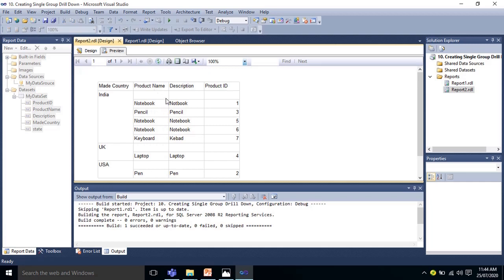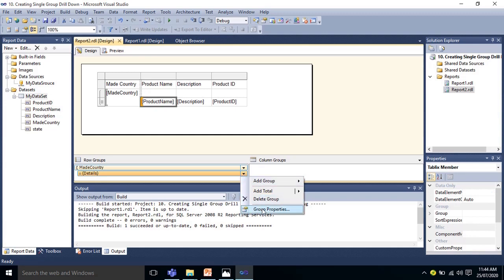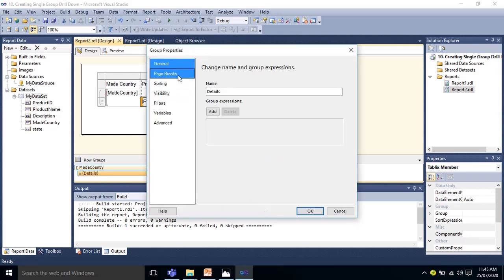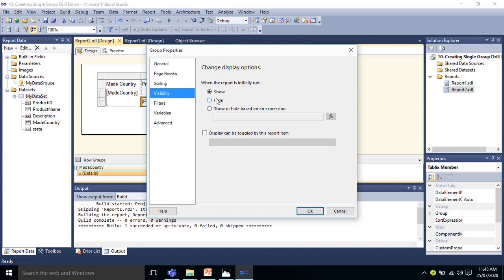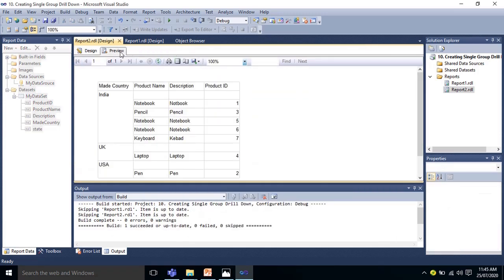Now we are going to enable the drill down option on this group by component. There should be one expandable option and collapsible option we want here. How are we going to do this? Under the details section, we have to go to the group properties, and under the visibility option, see what we are going to do basically.